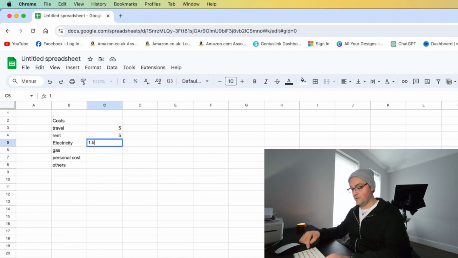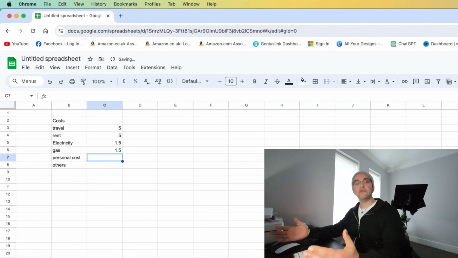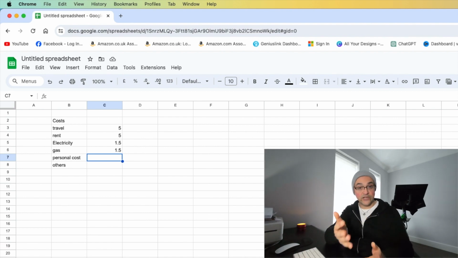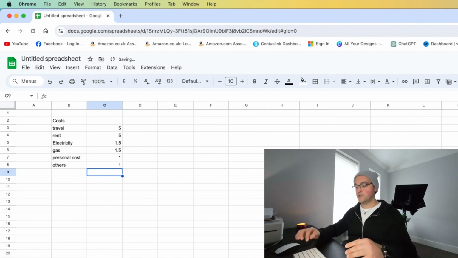So 1.5 and 1.5. Okay. Oh, 1.5. Yeah, there you go. So then we add the personal cost. If you are providing, for example, any drinks to your client, if you are, I don't know, bringing fruits with you to give to them or electrolytes, that's something that I commonly do. So that's an extra cost that I'm adding. So between the personal things and others to add, I will say it will be like another £1 each. Let's round it up because not everybody will actually take that.